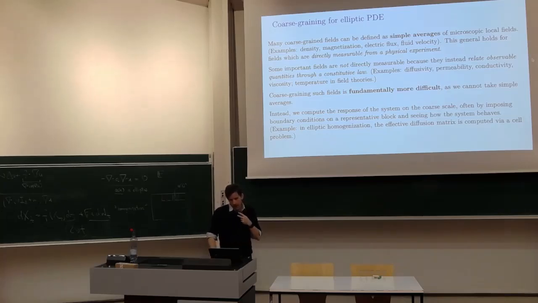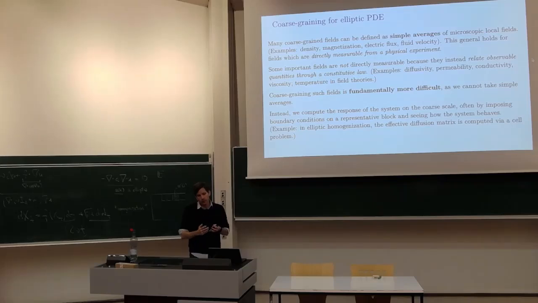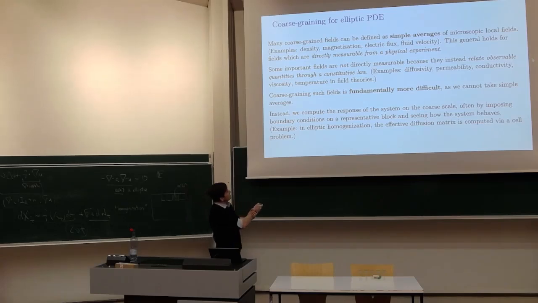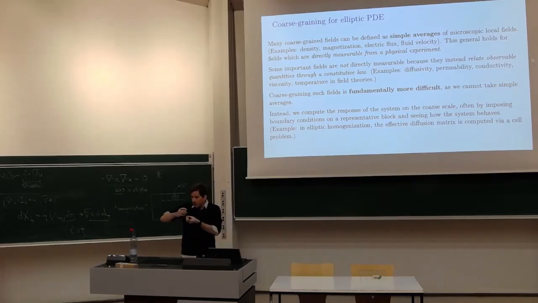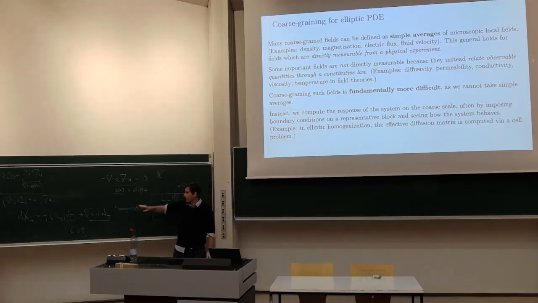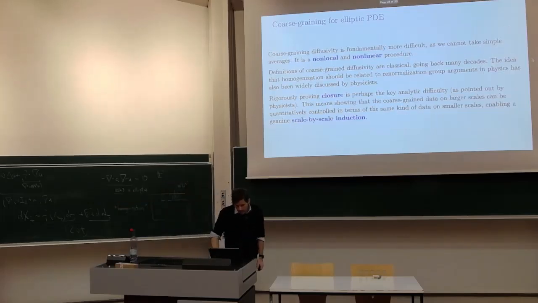Okay, and so there are not a lot of theories of coarse graining that are part of rigorous mathematics that can handle that. And it turns out that a lot of fields fit this exact setup. If you talk about diffusivity, conductivity, viscosity, and in quantum field theory, or even just in Euclidean field theory, there's inverse temperature that you sometimes need to renormalize. These things are all really diffusivities in my language. They're all in A of x. Okay? Anyway,